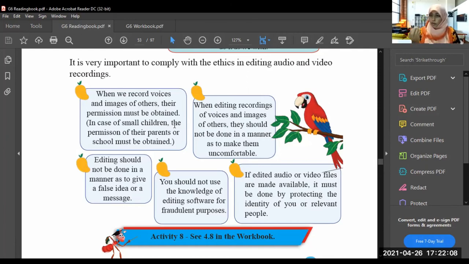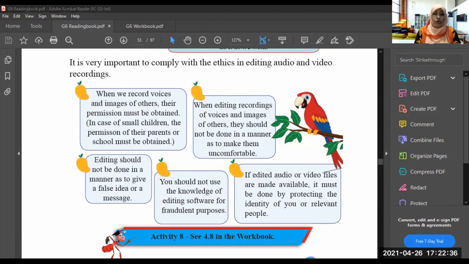sometimes some of you are opening your cameras, right? So I should be careful when I edit the software, when I edit the video. If I am going to put your video also, your picture also, I should take permission from you. I should ask your permission. Understood? So that is the first ethic. You should take permission. Without permission, you can't add their faces or pictures or whatever. Without their permission, you can't edit them in the audio or in videos.